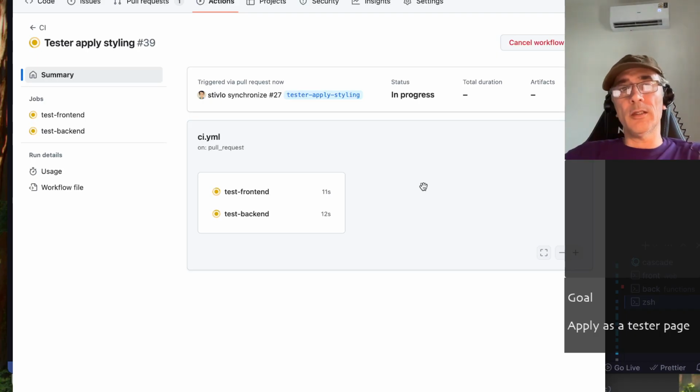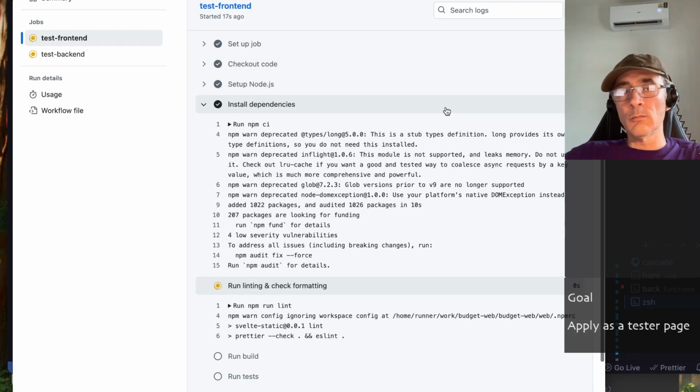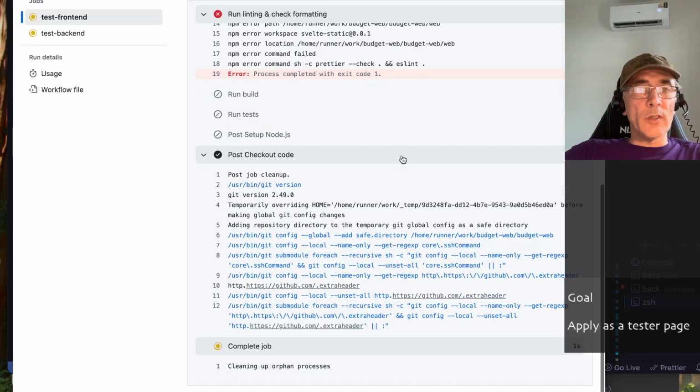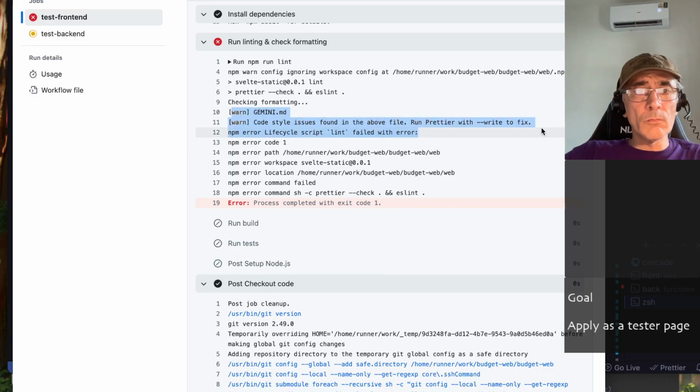This takes about 30 seconds, so we can wait. And the problem was the front end, so let's open that. There you go. See, the problem is there. So now there is not anymore the warning before. Oh, so there is a warning in the formatting of Gemini MD. Okay, so